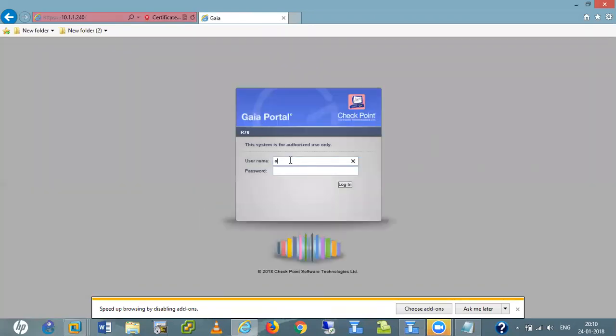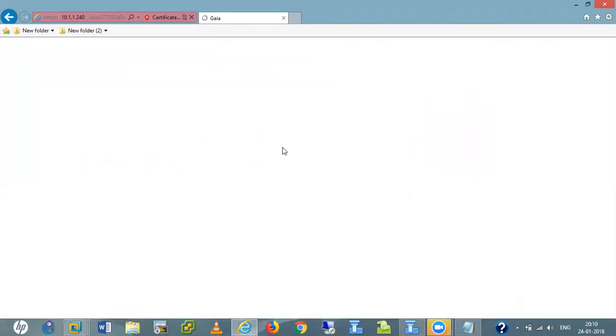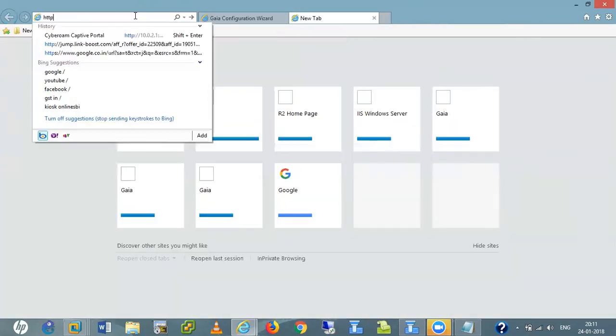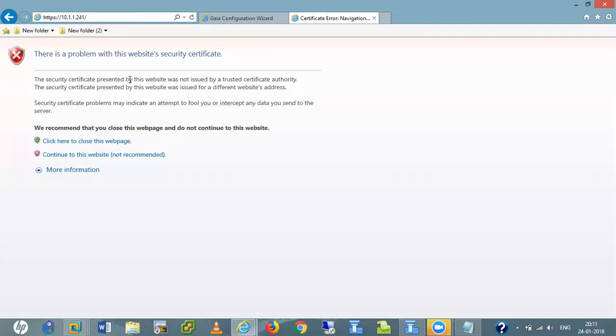I put the name admin, and the password is admin@123. I don't show the installation because installation takes time. You know how to install everything, so I'm only showing the differences, IP address and so on. There is no firewall here, this is for management only.